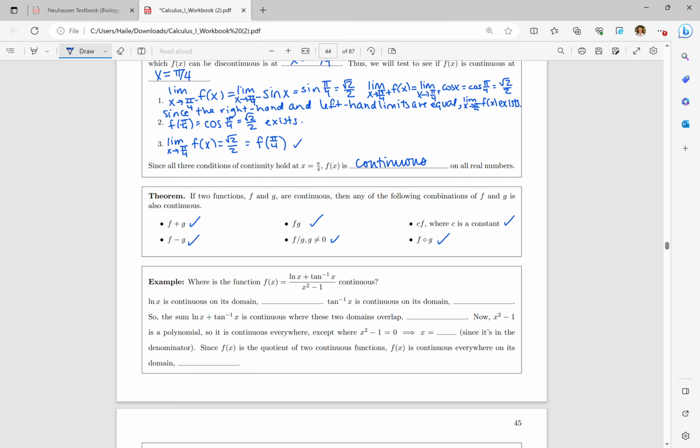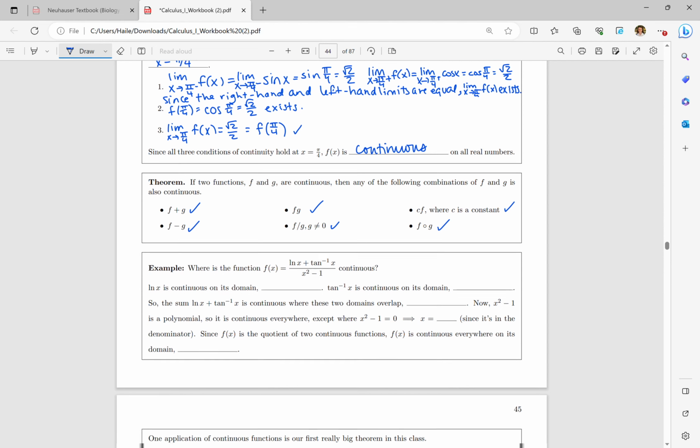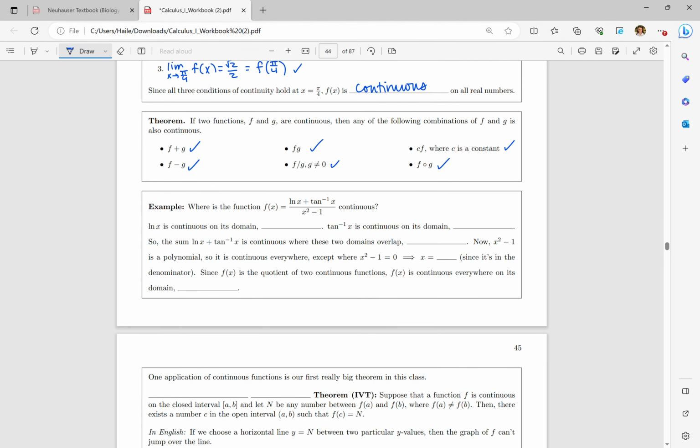So what this is going to allow us to do is to combine this theorem with the other example of all of the different functions that are continuous, and it's going to allow us to argue that a certain function, or that functions are continuous without actually having to test the definition. Okay, so for example, where is the function f of x is equal to ln